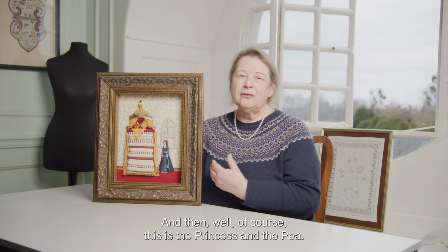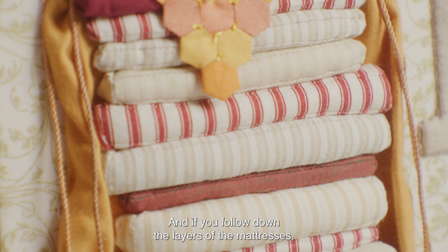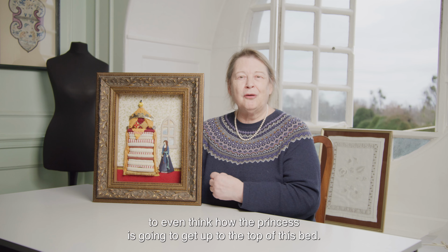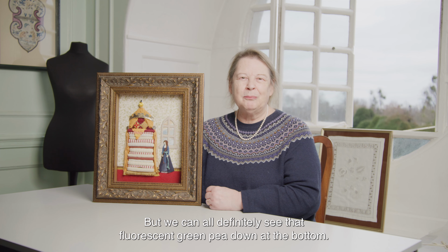And then, well, of course, this is The Princess and the Pea, a much-loved children's story. And if you follow down the layers of the mattresses, you can actually find the pea hidden at the bottom. So I think it's quite a challenge to even think how the princess is going to get up to the top of this bed. So many mattresses are there, but we can all definitely see that fluorescent green pea down